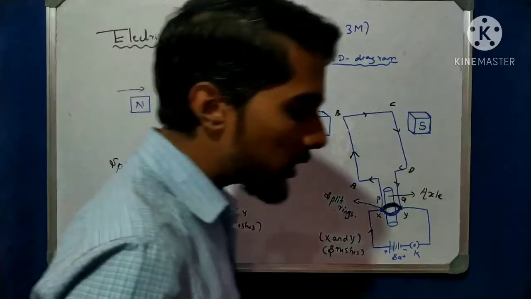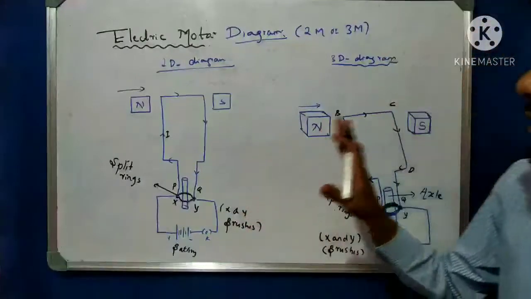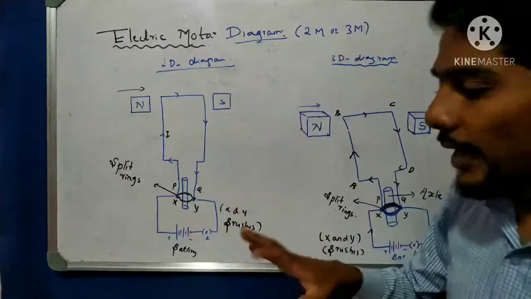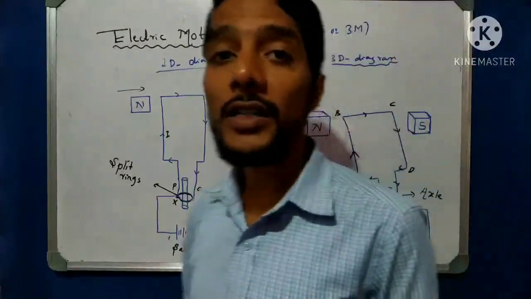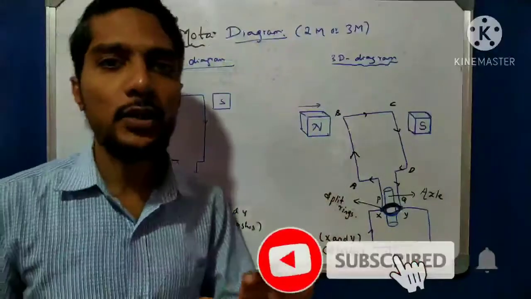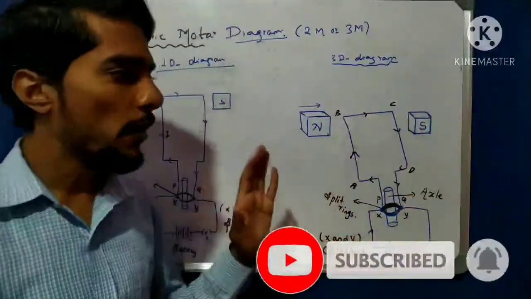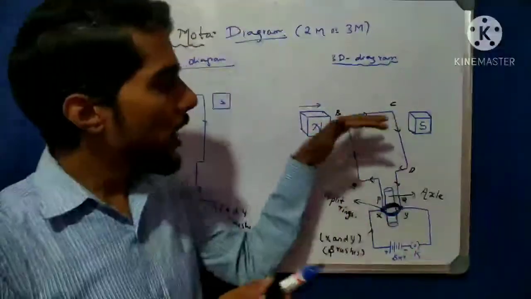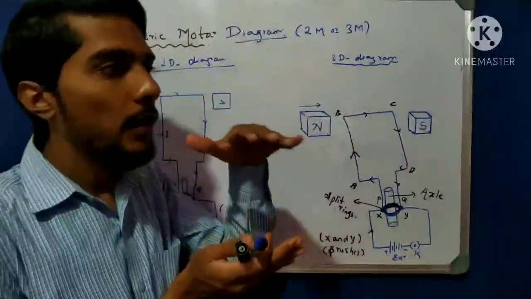X and Y. So this is the very important diagram of the electric motor. A simple one. Okay, using a scale. Most of the students ask what is the size of the diagram in the examination. So the answer is it must be half a page, not a total full page. It must be half a page, or if you are comfortable, use a full page and start the diagram at the center of it.